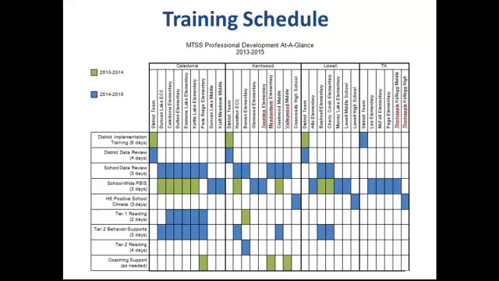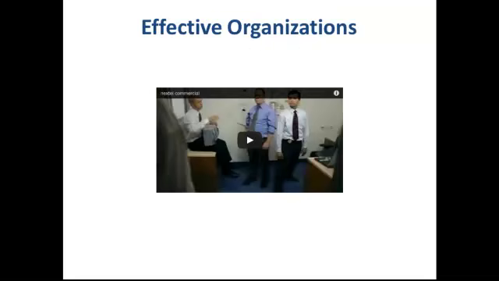So you can see this is the last 2 years of our project, the buildings that we started with last year, and the buildings or the different training strands that were added this year in the blue. It looks very different for every district, and that's okay, and that's good, because every district is different and they all choose to implement this a little bit differently. The important thing is that it's systematized and that we continue to look at data to decide who's ready and where we move next. And so finally, hopefully, through taking all of these steps to develop these effective systems, we can become as efficient as these guys.